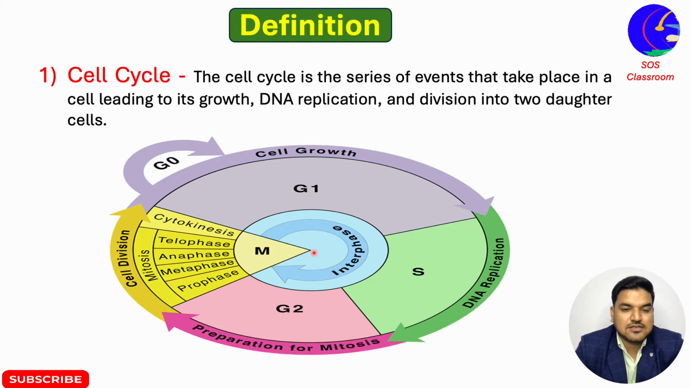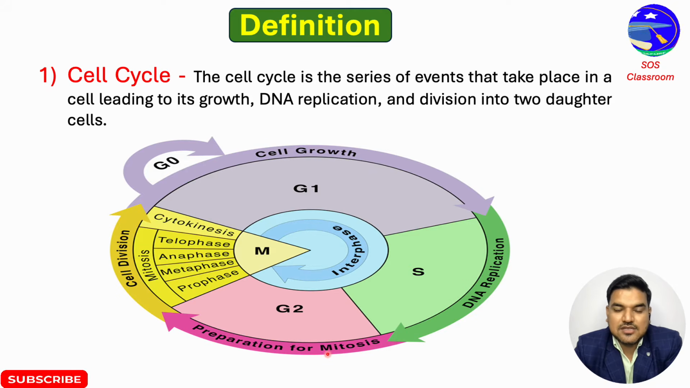The cell cycle occurs in two phases. Number one is the interphase and second is the mitotic phase, or M phase. You can see this is interphase and this is M phase. M phase is also called the mitotic phase. Interphase is again divided into three steps. Number one is G1, gap 1 or growth 1. S means synthesis or DNA replication, and G2 means preparation for mitosis. So there are three phases